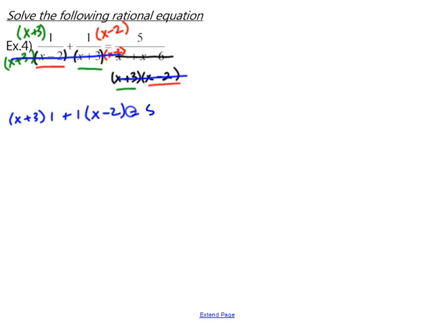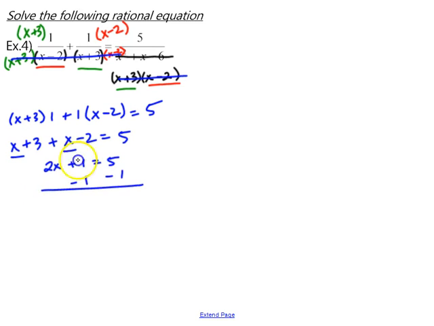into an equation. When we distribute 1 to both of these, it's not going to change anything. So we have this equation, and then when we solve this equation, we get 2x plus 1 equal to 5, and then subtract 1 from both sides. We get 2x is equal to 4, divide both sides by 2, and then we have x is equal to